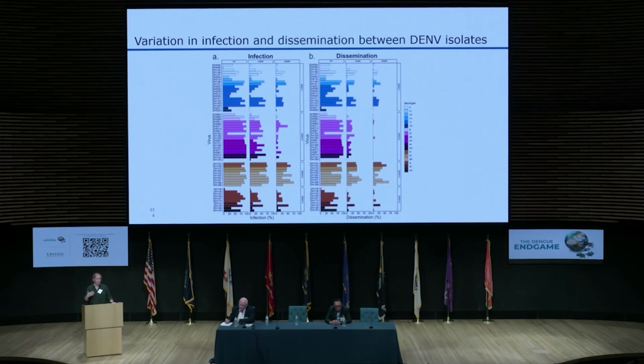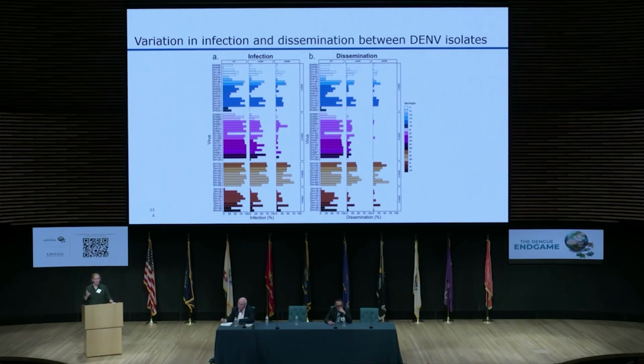If I then also pull up the dissemination results, which is our closest proxy to transmission and the most epidemiologically relevant data, we see overall that there's, again, variation, both between the two Wolbachia strains, as well as between the different dengue serotypes. One thing that pretty much stands out is if you look at dengue 2 in purple, we see very low dissemination rates in WML, basically meaning that WML is very effectively blocking dengue 2, at least the strains that we tested. And on the contrary, dengue 3 stands out because we see the highest dissemination, not just in WML, but also in WLB.